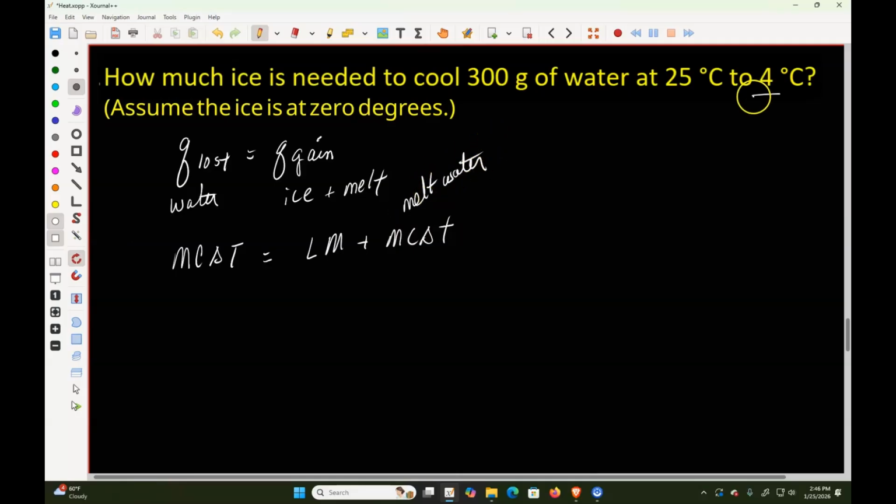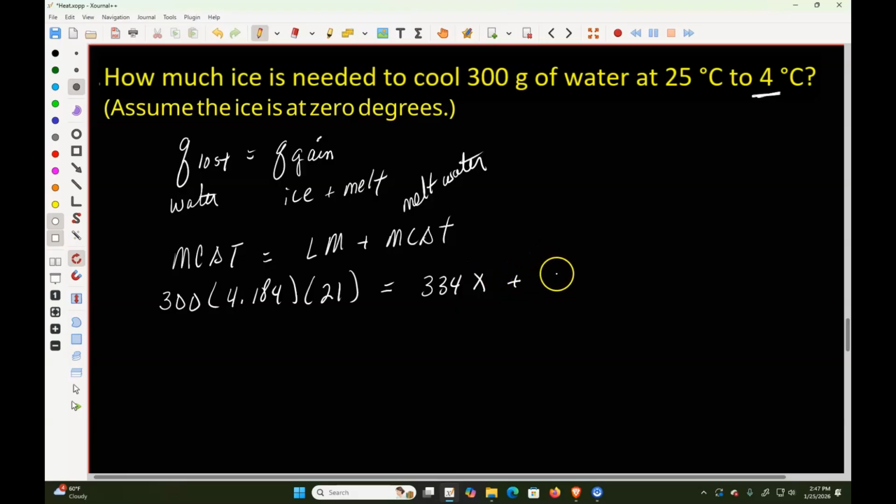Since we're going to end up at 4 degrees Celsius, once the ice melts, I have to heat the 0 degree water up to 4 degrees also. The mass is 300 for the water. The specific heat of water is 4.184. The change in temperature is going to go from 25 to 4, so that's going to be 21 degrees change. That's going to equal its latent heat, 334, times some unknown amount,